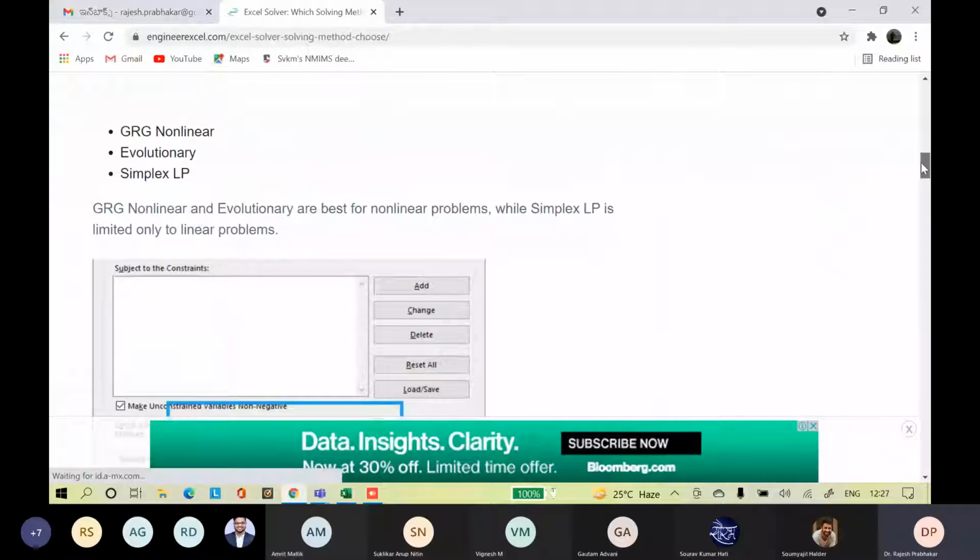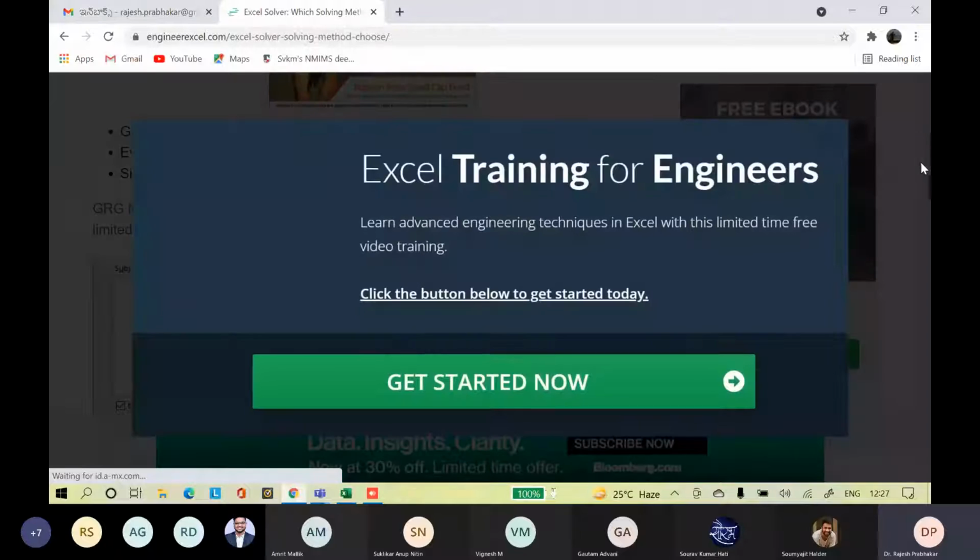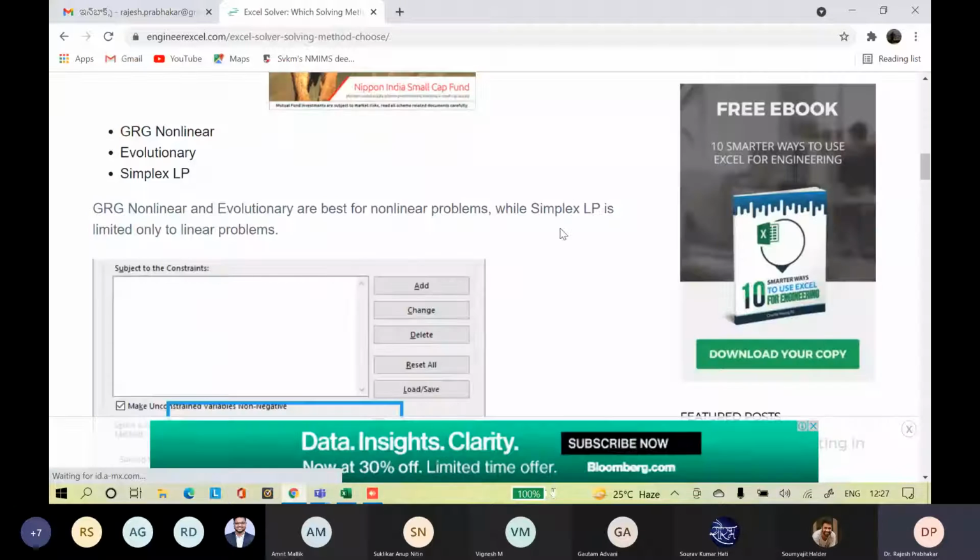GRG nonlinear is best for nonlinear problems, while simplex is a linear programming strategy. Now we can't use linear programming simplex here because our problem is not a linear problem. It is a non-linear problem.